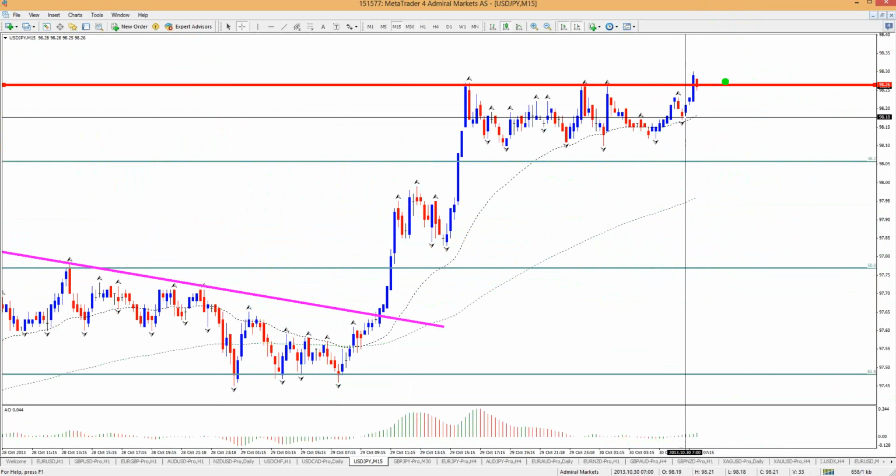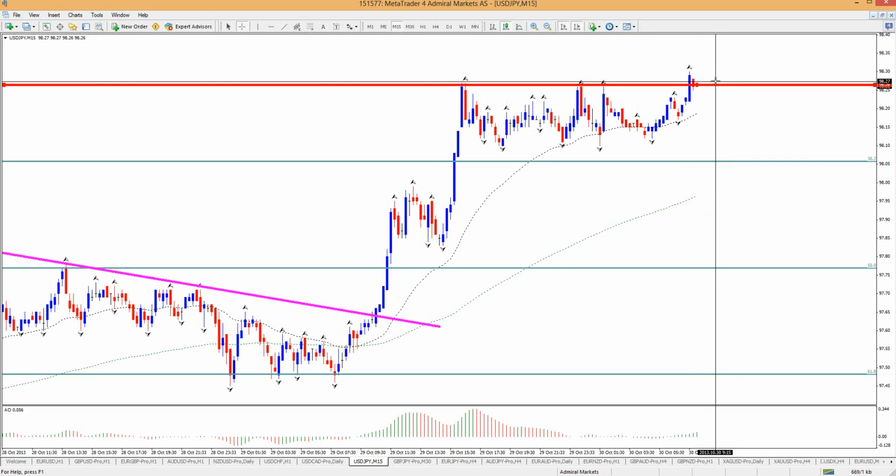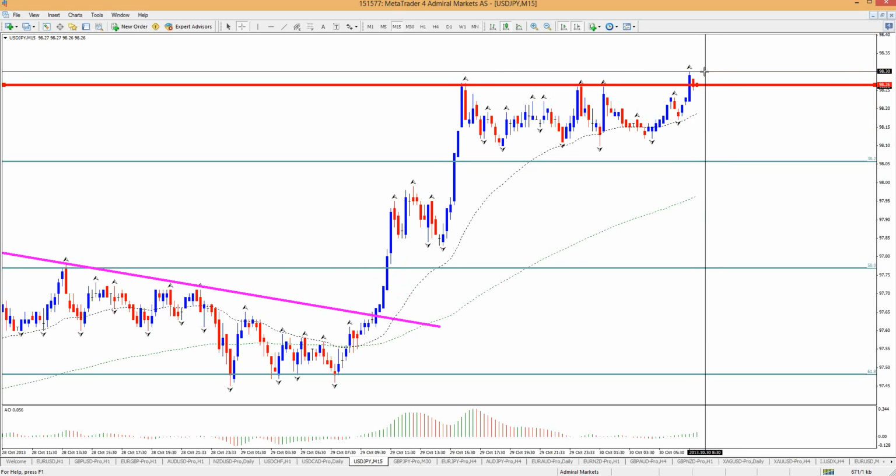So I would be even interested in taking longs above here. But what I would like to see is a scale-in, as an extra addition to yesterday's trade from here. Probably now a push above this level, maybe with a stop loss here, would already make sense. Now it's 8 o'clock my time. Let's see.